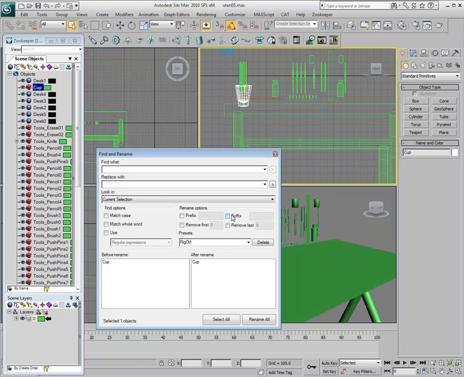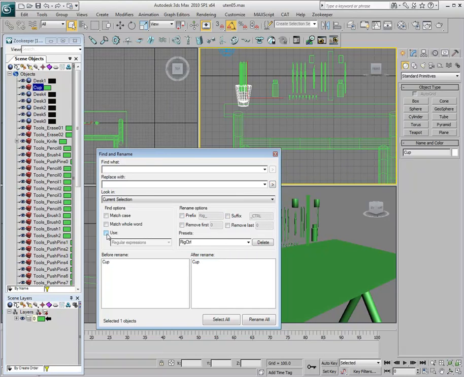And now anytime I want to go down here and pick this preset, all those things will be restored for me. So if I have things that I rename all the time in certain ways, things from this to anything that we might replace with any of the indexes will all get saved with presets, and even if we're using some expressions. So let's take a quick look at using some regular expressions here, because that's another great feature in